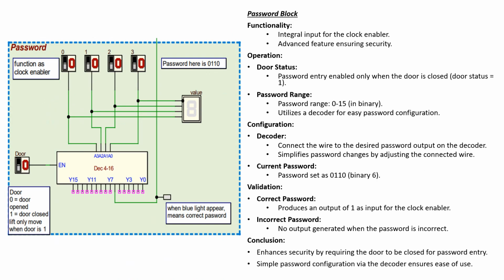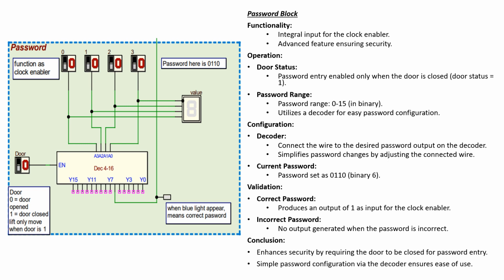Okay, and then we have the advanced feature that we designed, which is the password function here. The output of the password will also be one of the inputs of the clock disabler. We use a decoder here and we set the password to 6. So when the user chooses the correct password, which is 0110, representing 6 in BCD,